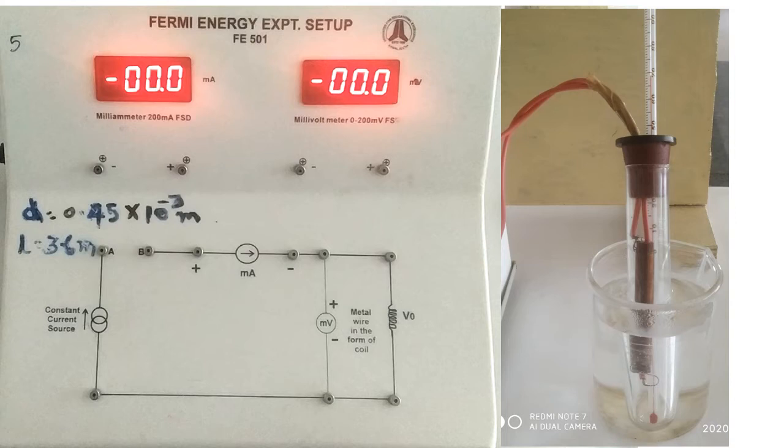The first connection is A to B, because there is no line between the A and B ends, so we have to connect them by external patch cord. So first we connect the external patch cord A to B to create the path for the current. Next is the milliammeter, which is in the upper part of the circuit. The circuit element has positive and negative terminals; connect positive to negative and negative to positive across the milliammeter region in the circuit unit.